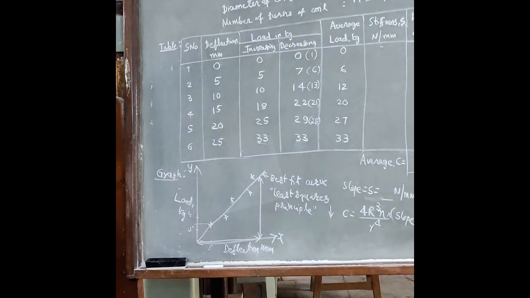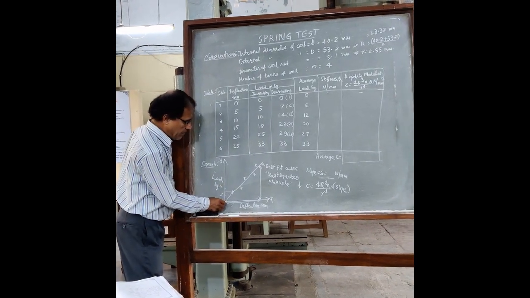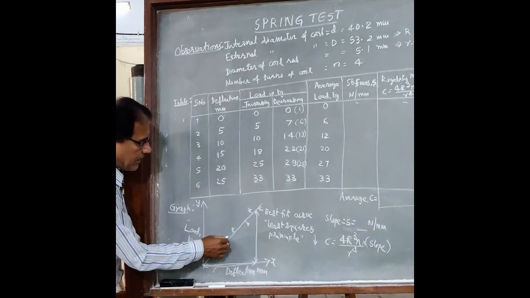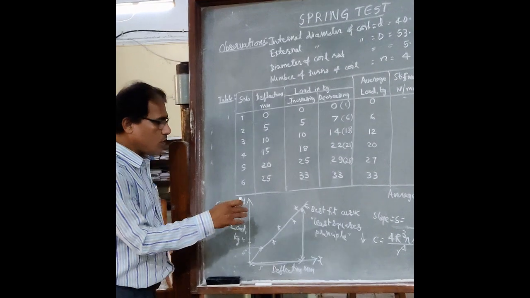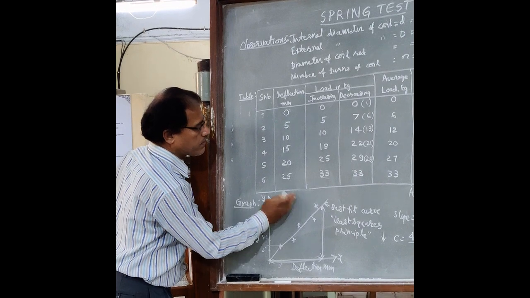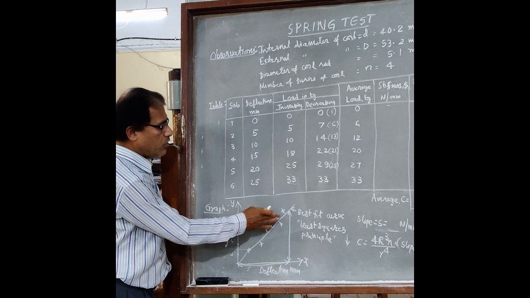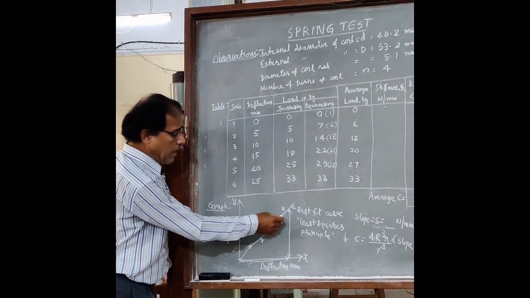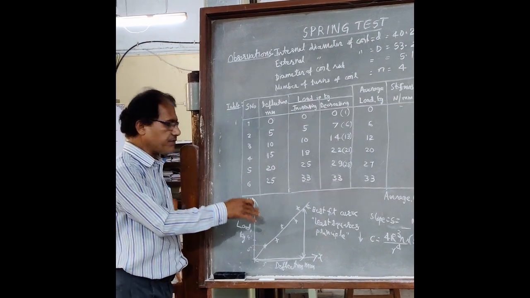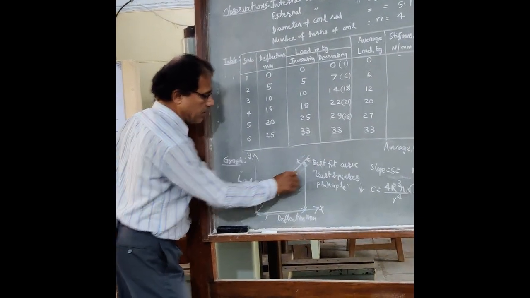Now you draw a best fit curve. How does it need to be drawn? The best fit curve must pass through the middle of the points. In a first trial, you try to put an equal number of points to the left of the curve and to the right of the curve, and almost all the points must be very near the proposed best fit curve. Then you propose such curves: first curve, second curve, third curve, like that.